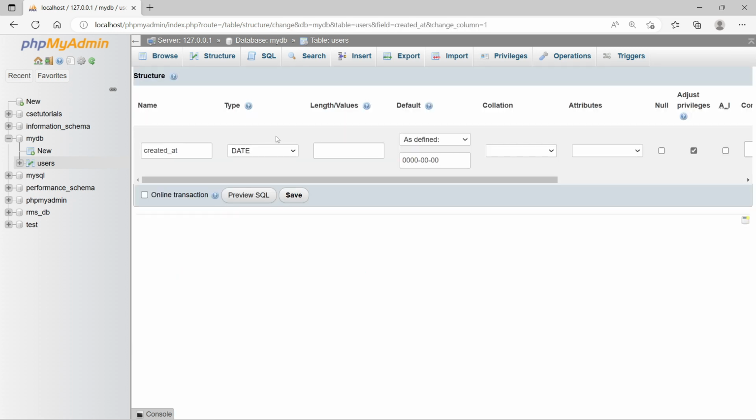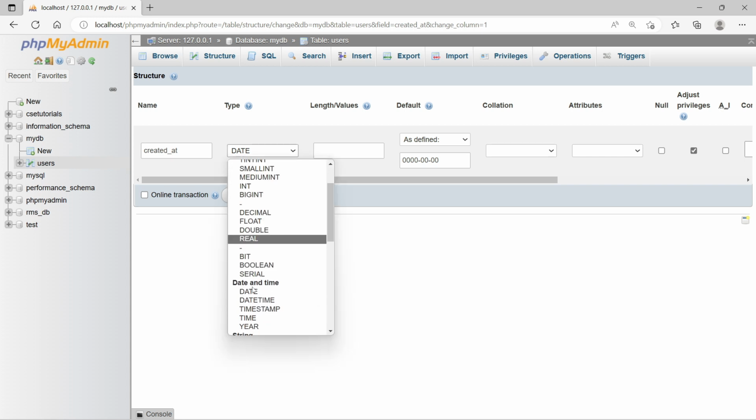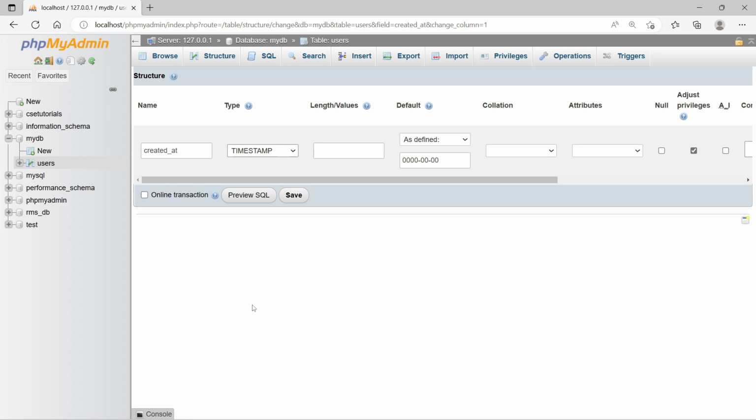So the main cause of this error is that you cannot provide zero values as the default for the date or timestamp type. Why can you not provide zero values here? There are some SQL modes, and in SQL mode we have settings that do not allow zero values.